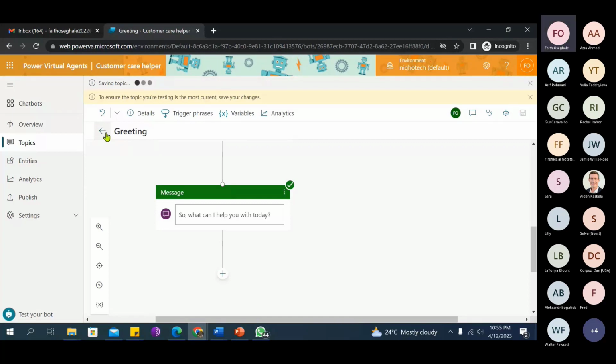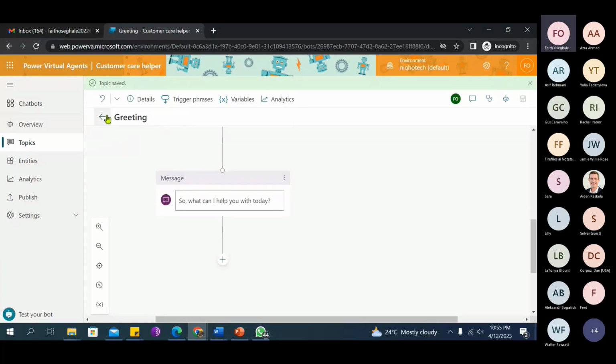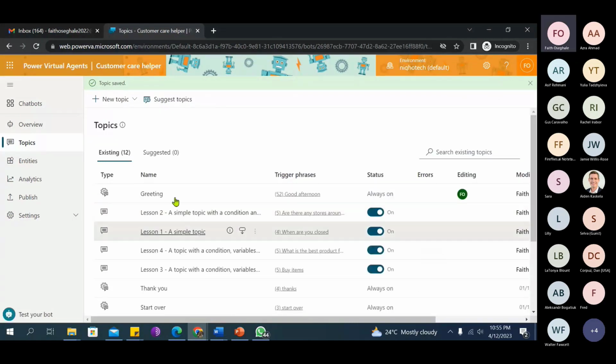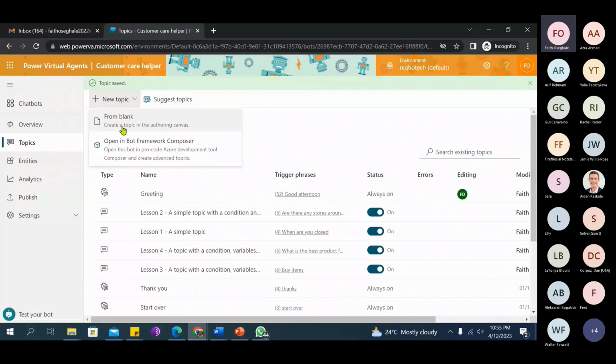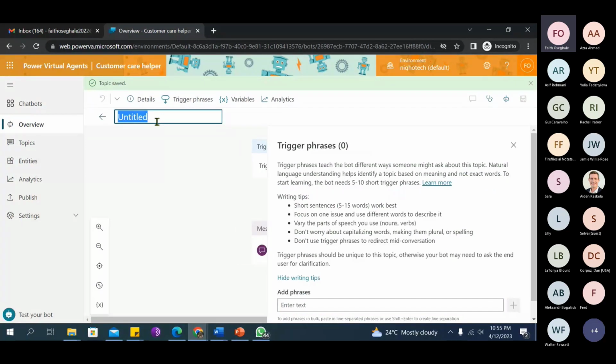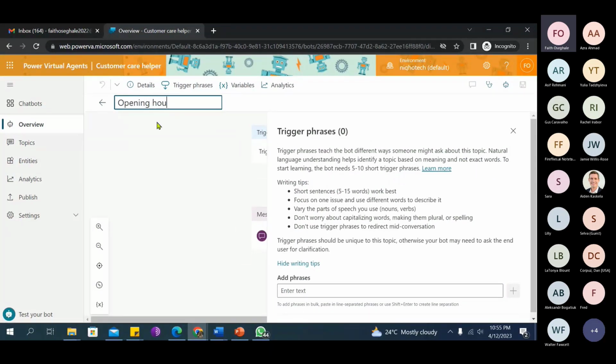Okay, so now I want to be able to create another topic. So, what I need to do is to come here and select new topic. I'll just go ahead and select from blank because we don't want to run any code. So we're just going to select from blank. And then I'll call this opening hours